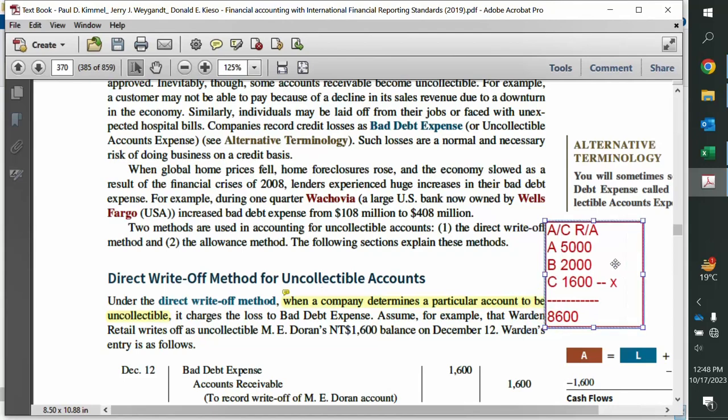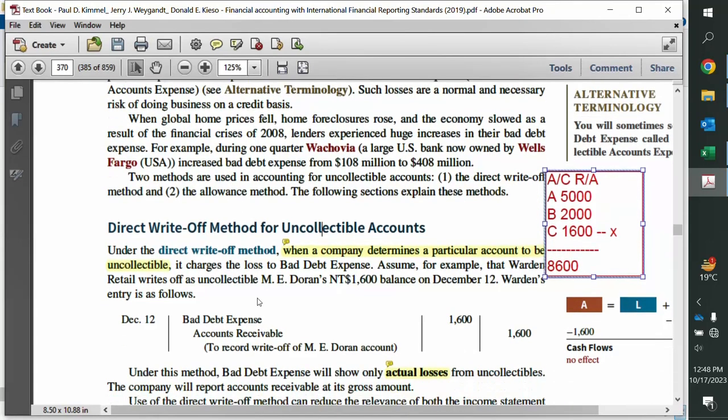So this was the entry under the direct write-off method. Under the direct write-off method, we didn't estimate account receivable, right? Whenever the customer actually defaulted, we recorded it as an accounting entry, not an adjusting entry but a journal entry: bad debt expense debit, receivable credit, no allowance account, right? Now in this case, if the next year the customer comes back and gives us the full amount, we will just reverse this entry, right? So we'll debit account receivable and credit bad debt expense.